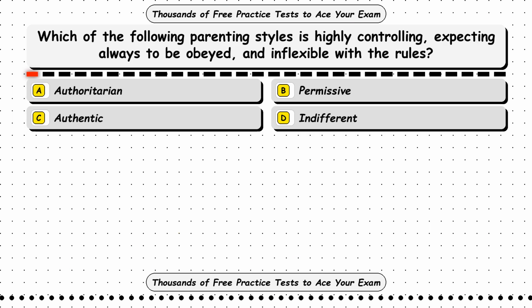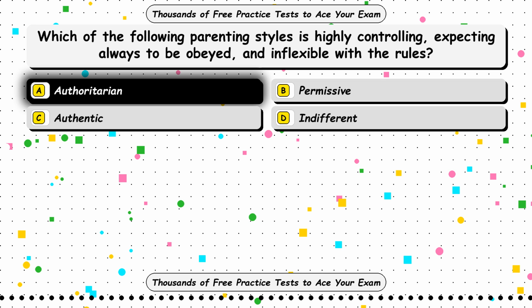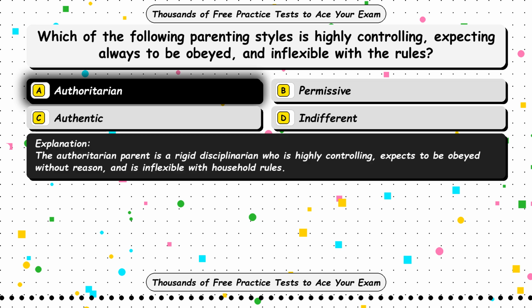Question 49. Which of the following parenting styles is highly controlling, expecting always to be obeyed, and inflexible with the rules? Option A, authoritarian. Option B, permissive. Option C, authentic. Option D, indifferent. The correct answer is option A, authoritarian. The authoritarian parent is a rigid disciplinarian who is highly controlling, expects to be obeyed without reason, and is inflexible